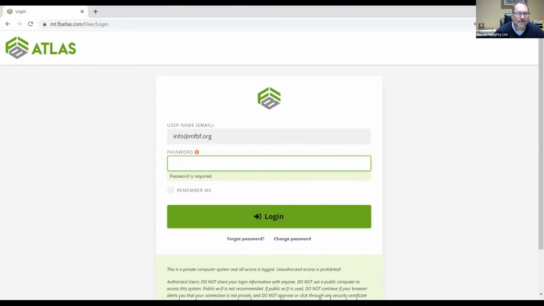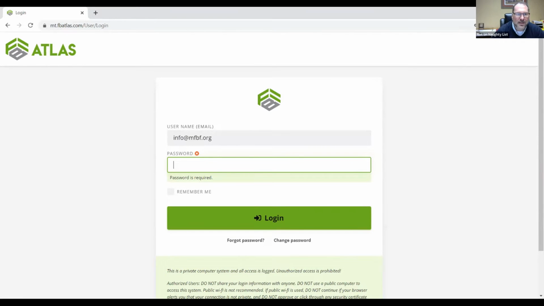So with that, I'm going to turn it over to Tara, and she's going to walk you through the process of logging on to Atlas with the information that I sent out this morning. Just let me know at some point if you didn't get that, and I will make sure that you get whatever you need to be able to access the Atlas system. So thank you, and take it away, Tara.